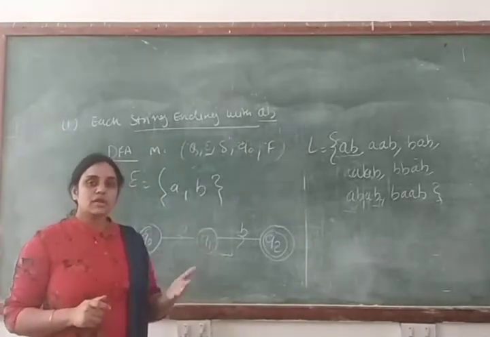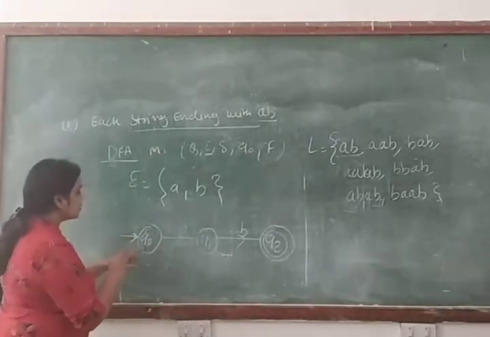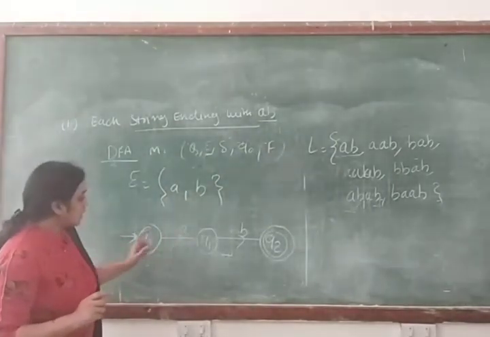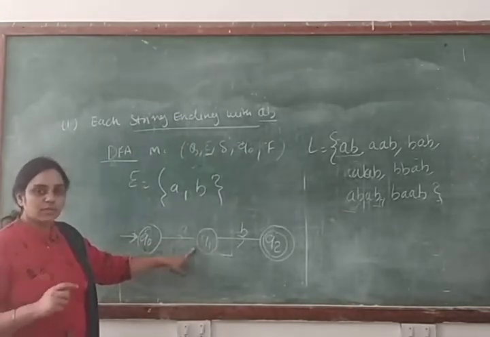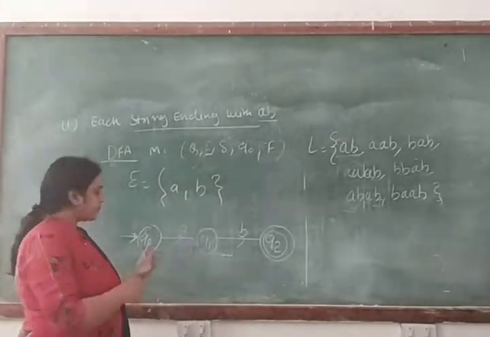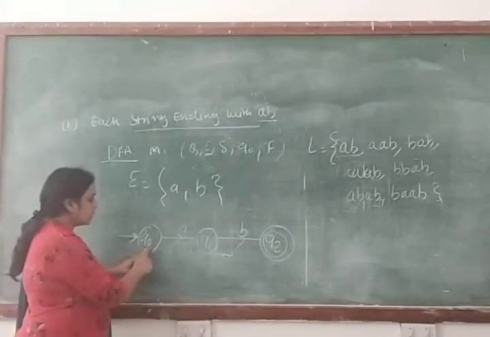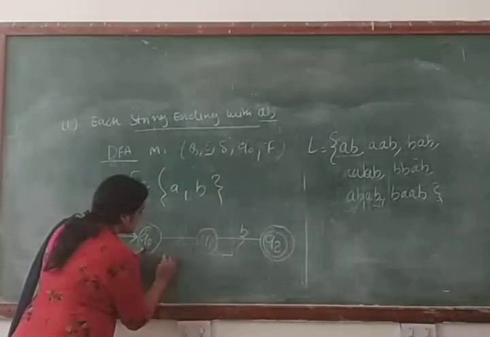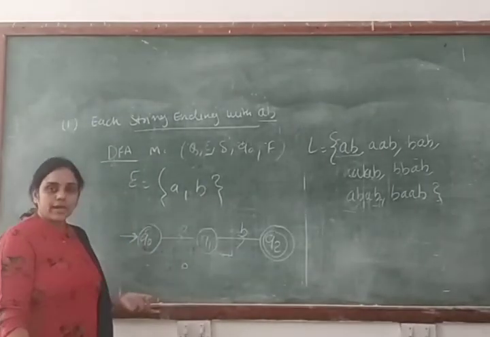So how many input symbols do you have in your example? A or B. So we will make a condition from the state Q0 for the input symbol B, because already we have made a condition for the input symbol A. Now we will make a condition for the input symbol B. So we will check the condition. We will check the possibility where we will make the condition. Clear? So if we start from the Q0 state to Q1 state, if we make a condition from Q0 to Q1 state for the input symbol B, then what will happen?